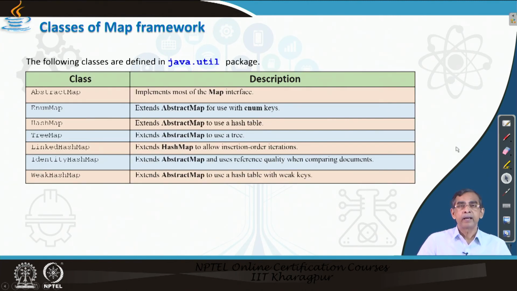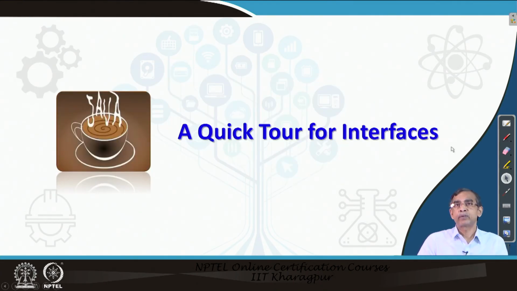These are the different interfaces that we have discussed. In addition to the interfaces, there are many classes, as we have already mentioned. These are the important classes which are basically used in programming, namely enum map, hash map, linked hash map, and then tree map. Now, let us have a quick tour of all the interfaces. That means we will give a summary of the different methods defined there, and those methods are ultimately defined in the classes, namely enum map, hash map, linked hash map, tree map, etc.